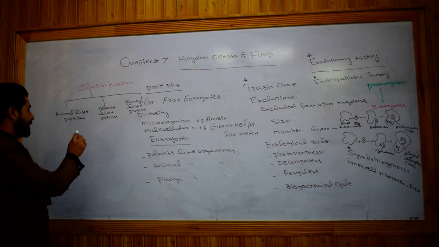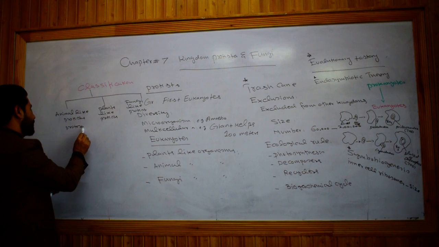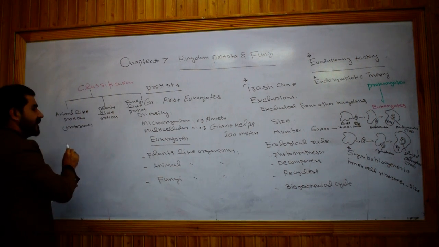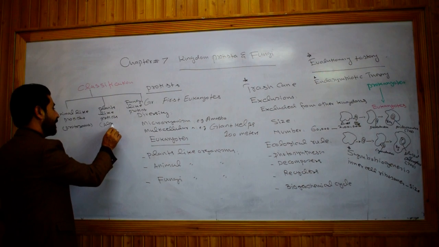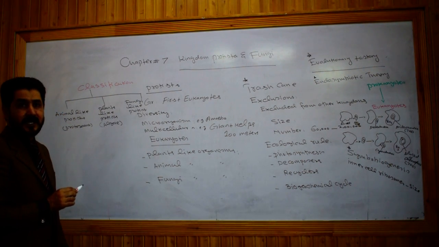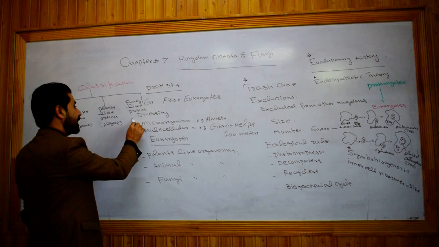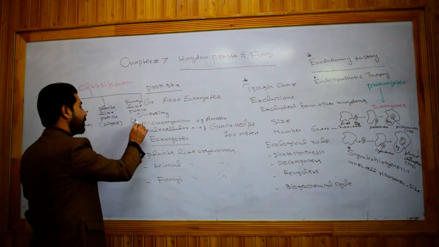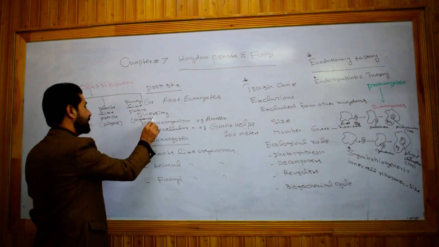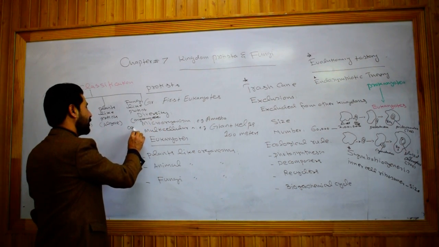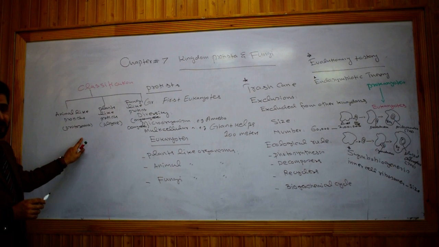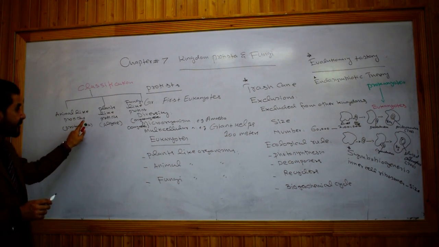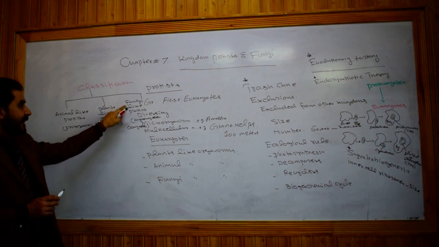That is animal-like protists, which are protozoans. Protozoa are simple unicellular microscopic organisms. Plants-like protists, that is algae. They are not plants, but they are simple unicellular or simple plants. And fungi-like organisms, which include Myxomycota and Oomycota. So these are the three groups of kingdom Protista: animal-like protists, protozoans; plants-like protists, that is algae; and fungi-like protists,